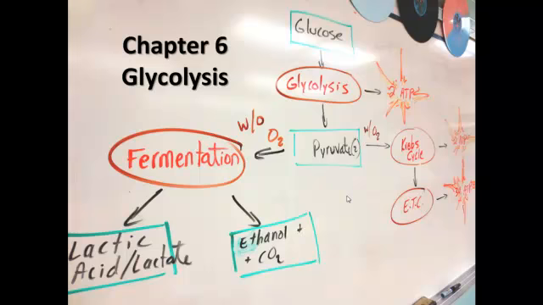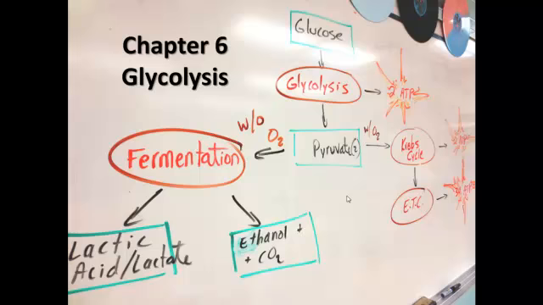Now we are at the point of looking at Chapter 6 for our Bio 100 class, where we look at cellular respiration and ways in which cells gain energy from their food. One of the most critical components to either aerobic or anaerobic respiration is glycolysis. And now please keep in mind that aerobic respiration occurs in the presence of oxygen and anaerobic respiration occurs in